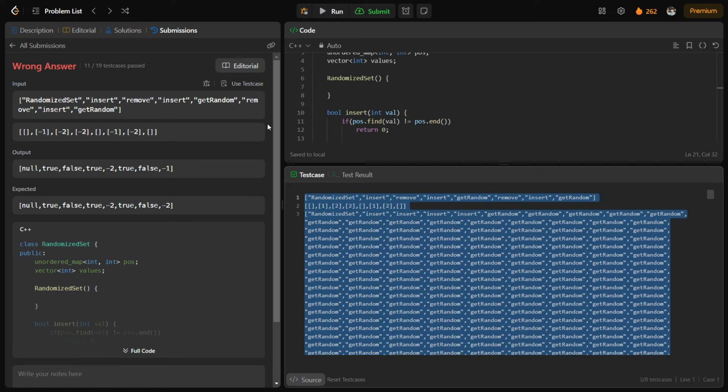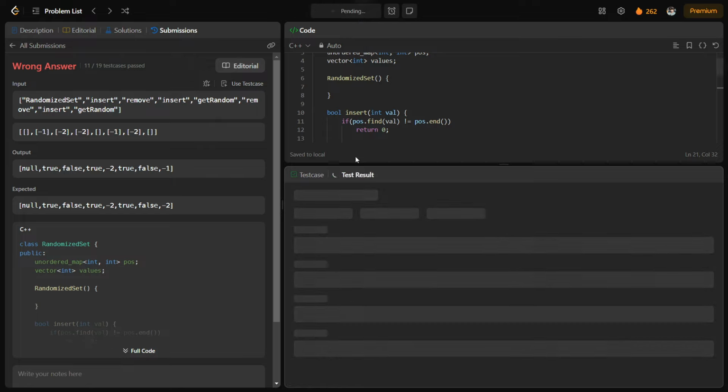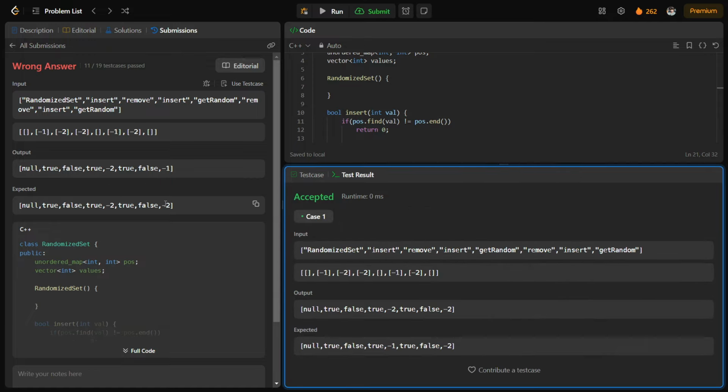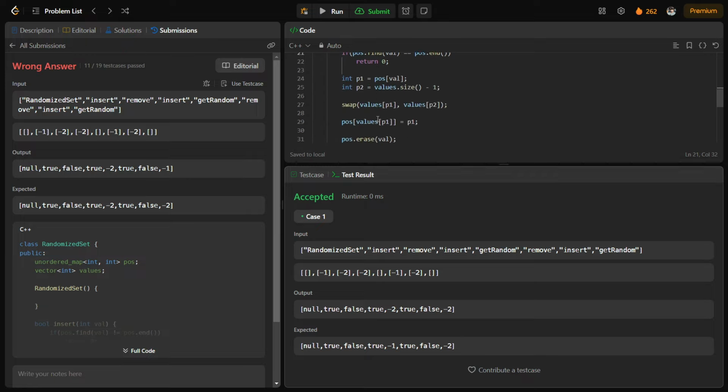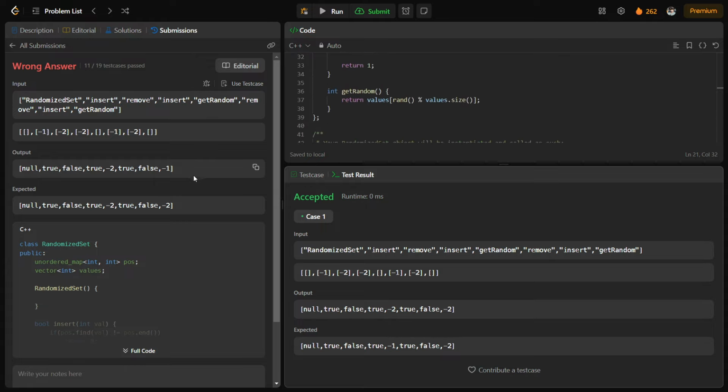I'm just removing the old test cases so I only have one to focus on. At the end, we're just accessing a random element. So my output is returning -1, but